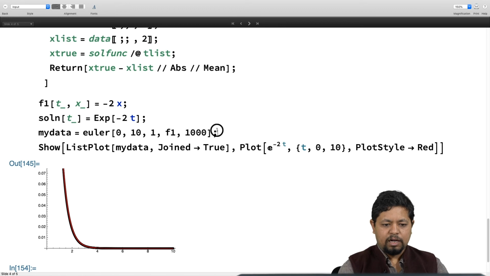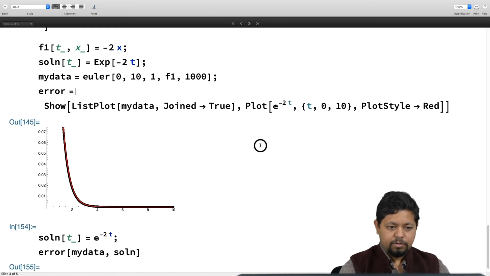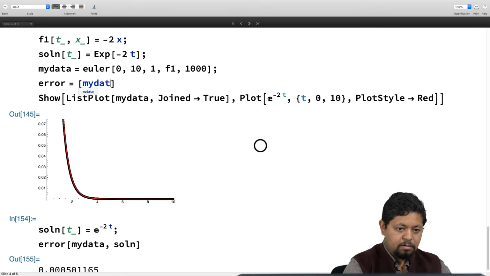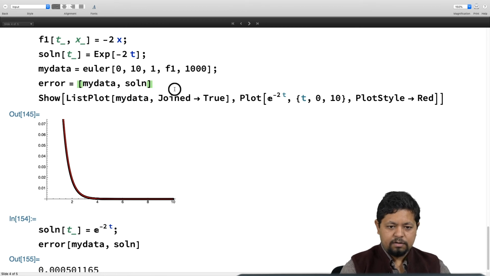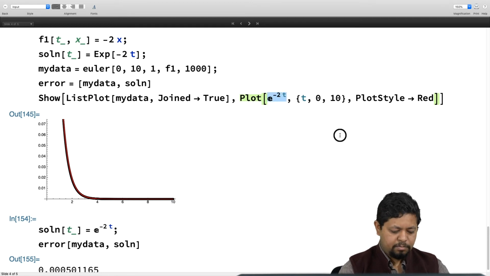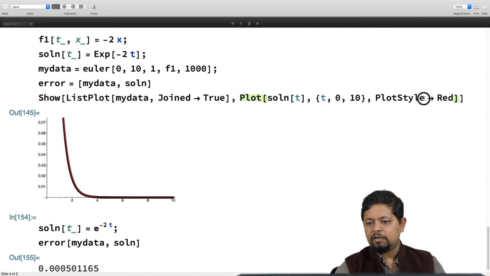Now I'm going to call the Euler function to calculate the solution, and then I'm going to call the error function to go ahead and calculate the error. So for this I'll pass it arguments my data and solution, that's my error. Let me not put a semicolon because I want to print it, and then over here I'm going to do a show of list plot of my data, and this is the solution function. So let me replace this e to the minus 2t by solution function of t, and this is my t